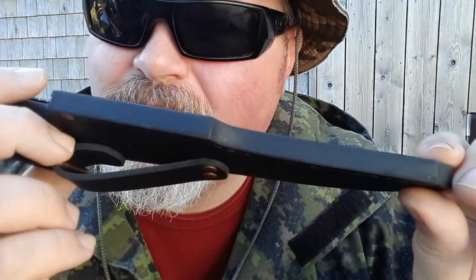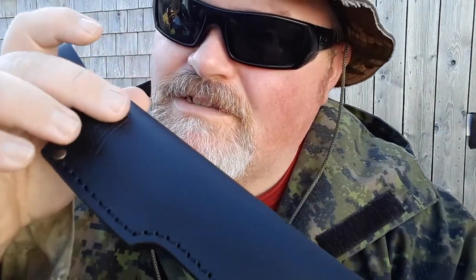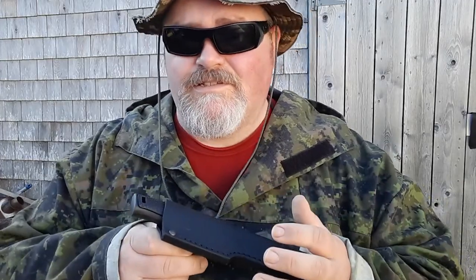So, pull it out of the box here. Beautiful leather sheath, guys. Very thick welted leather. It's got the Brisa name right there. Very nicely stitched. This is a super awesome sheath. I love the way it rides on the belt. It sits out, so if you're wearing an anorak like I'm wearing right now, it's not always stuck up underneath or too close to the hip. It's down enough that it's easy in and out. I wore it all yesterday, and I just love where it fits. You can see me using this every day. It's my everyday